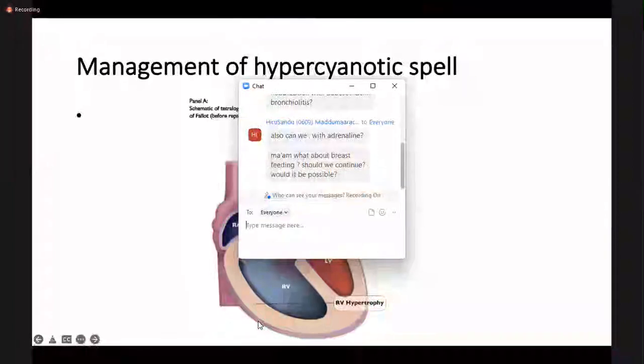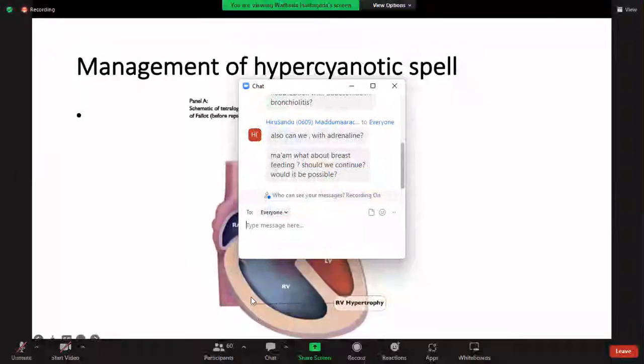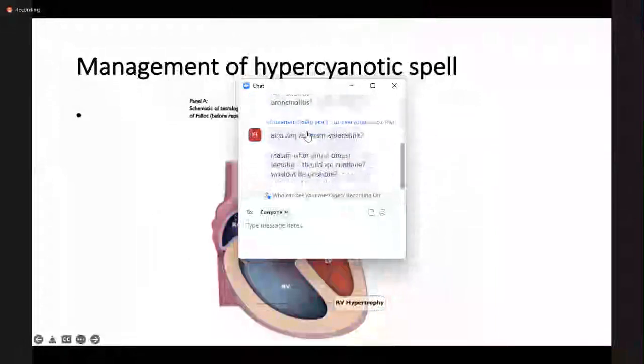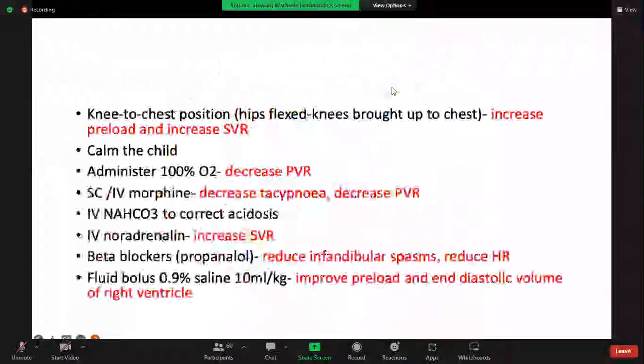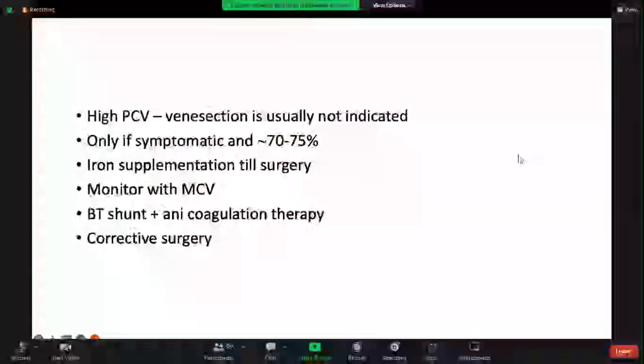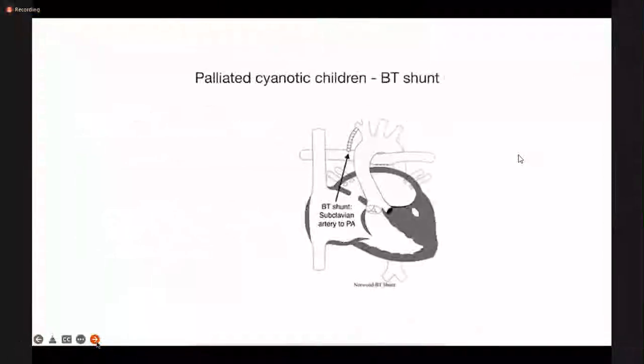But in a small heart, it's not feasible because of the anatomical deficiencies. So what we do is we take a temporary measure. So what do you call that surgery? We put a BT shunt. Yes, so we put a temporary shunt. Yes, very good. So we put a temporary shunt from the subclavian artery to the pulmonary artery and then improve the blood to the lung. But this is a palliative sort of a procedure. When they grow old, we can go for a corrective surgery. But till that time,